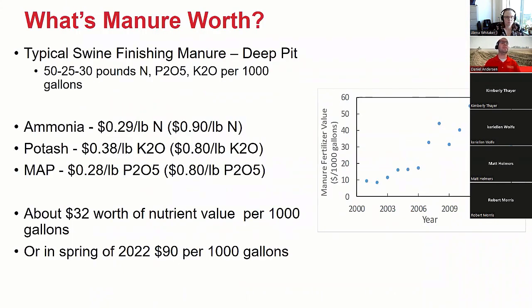Just to put some numbers to typical manures for this, if I have a deep pit swine finishing manure, first on the left there, I have what I consider really historic fertilizer prices. On the right, I have some going rates for today, right? We can see that prices are up. Oftentimes, I thought of that as roughly $32 per 1,000 gallons of manure. Our application cost is probably $15 to $20 per 1,000 gallons of manure. So there was $12 worth of potential value there for us to capture, right, by either hauling further to a field that needs it or things like that.